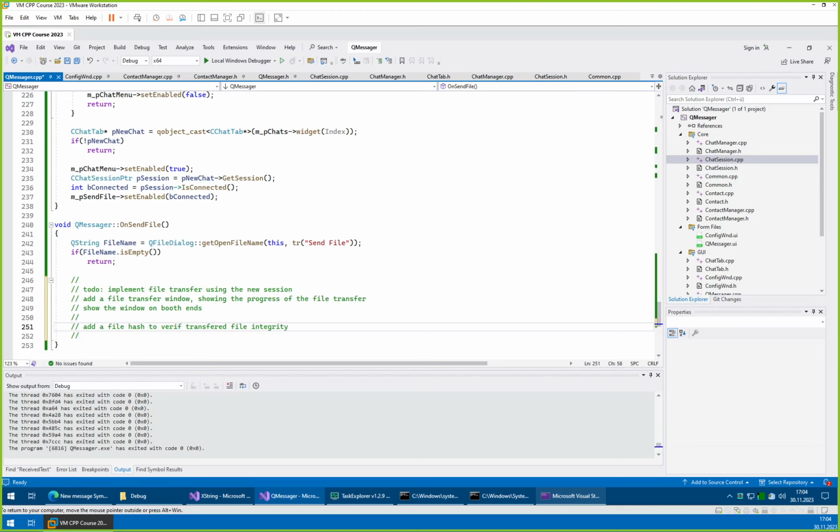So I think it will be good if, during the next lecture or at the latest the day after it, we find a nice assignment for you to implement on your own. And while you are doing that, there will be no more individual homework related to the Q-Messenger project which we have here. I will just finish the implementation of the different things and show you how to use Qt